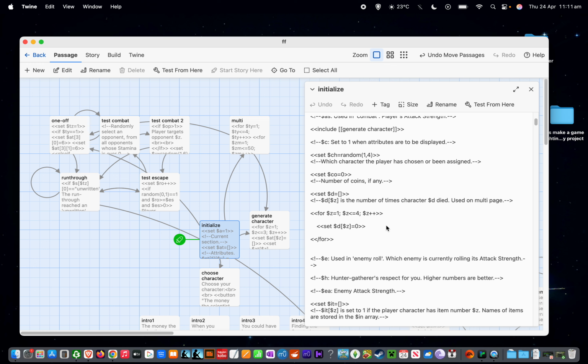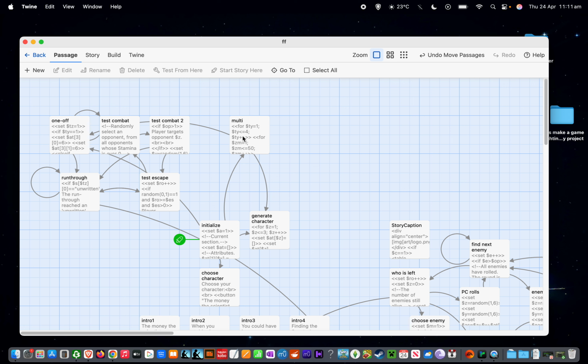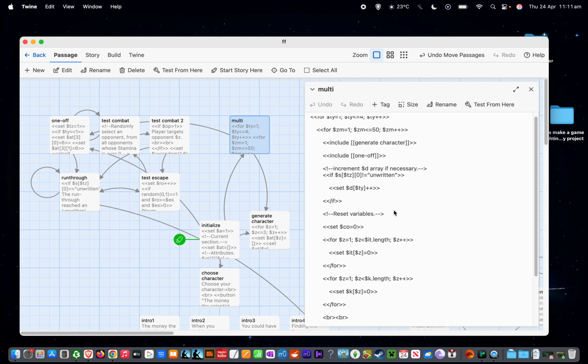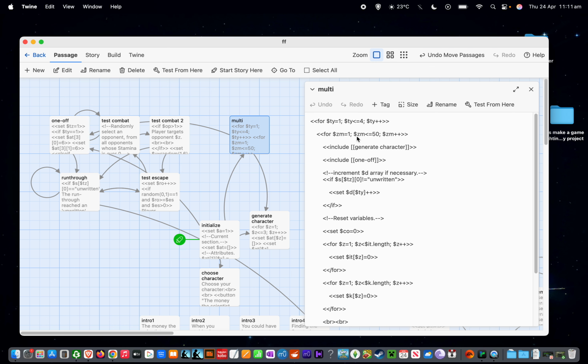The reason I set everything to 0 is because in the multi-page, I found that if I started it as undefined, it wouldn't quite print the value properly. So I'll show you what we've got in the multi-page and talk a bit more about that. So let's get into the multi-page. Again, most of the code is the same, except that